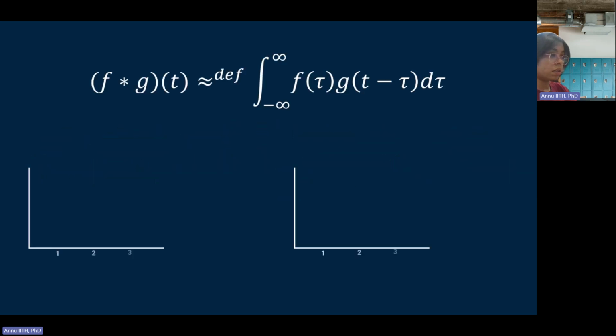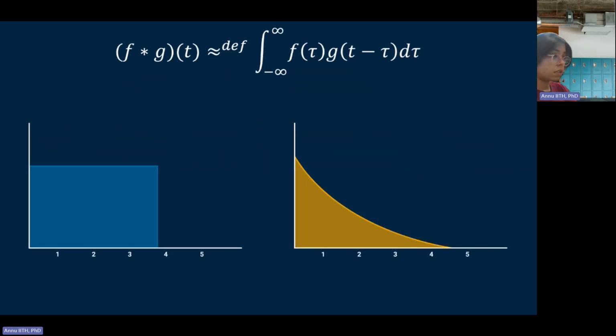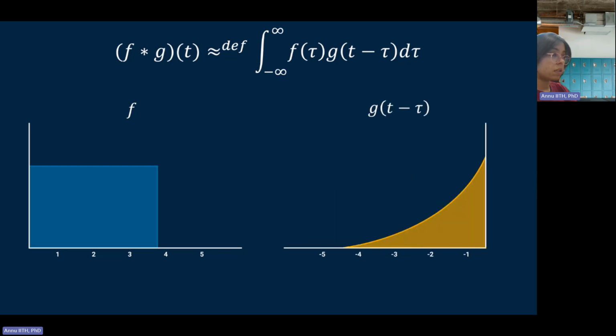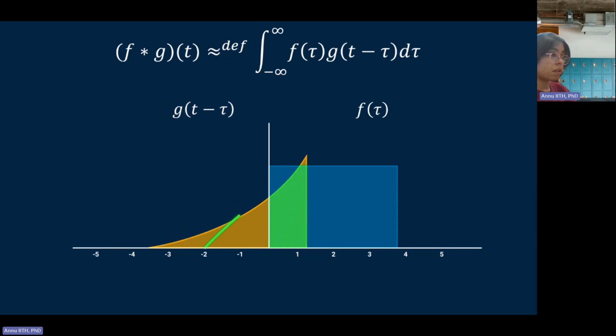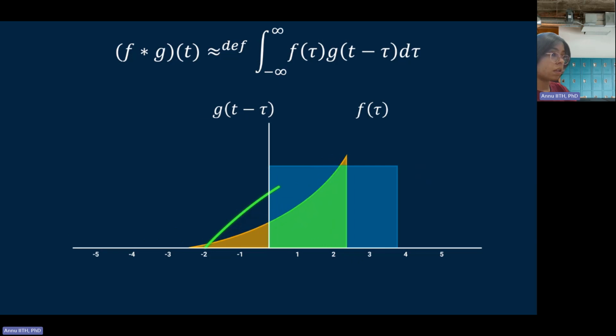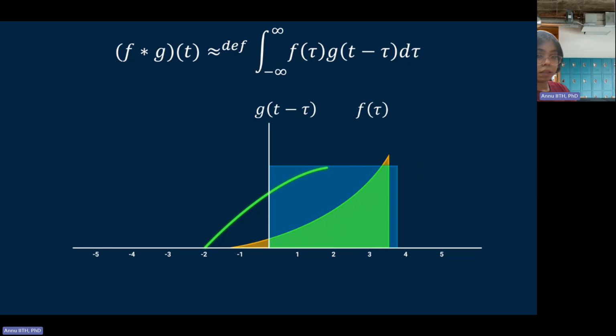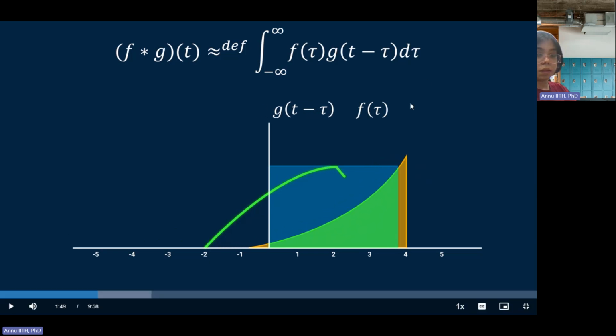Visually, it looks like this. We start with two functions, f and g. To convolve them, g is flipped in time, and then we sweep it across the entirety of f. For each moment in time, as g is swept across f, we multiply the two functions together and then sum the result. Essentially, we're scaling one function by the other, that's the multiplication, and then returning the area